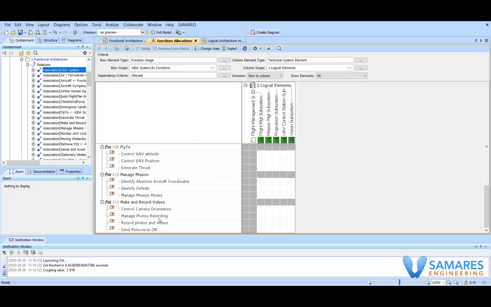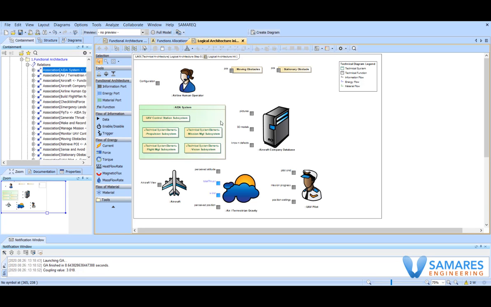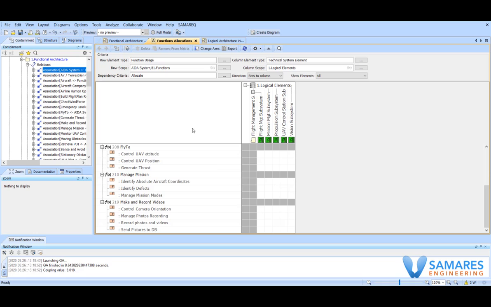This is the allocation matrix with the function usages for the rows and the logical subsystems for the columns. We will use this matrix to allocate the functions. And this is a simplified initialized logical architecture with 5 subsystems. In this architecture, there are no functions allocated to the logical components for now. So now let's say that we want to find a set of allocations that minimizes the coupling value of the